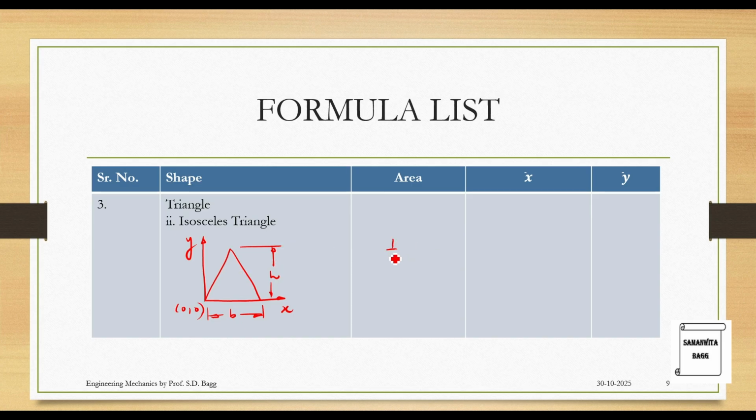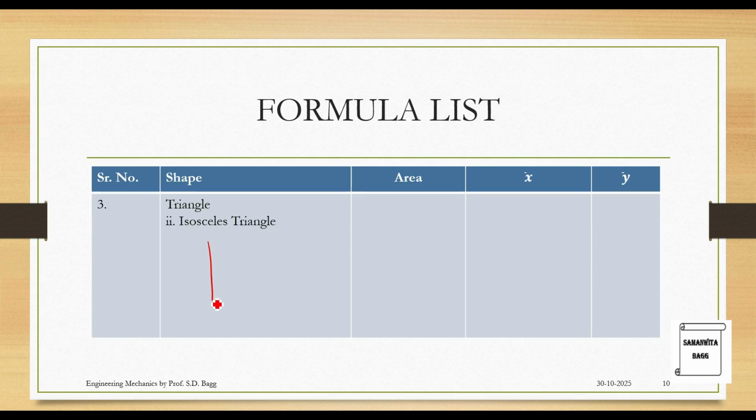For calculating area, the formula is the same, half base into height. Then how do you calculate it? From the base, the distance is going to be half. That is, this is the half distance over here. And this height is always marked as h by 3. This height. This is the point G. And G is always x bar comma y bar. So x bar, that is this distance, will be b by 2 and height over here will be h by 3.